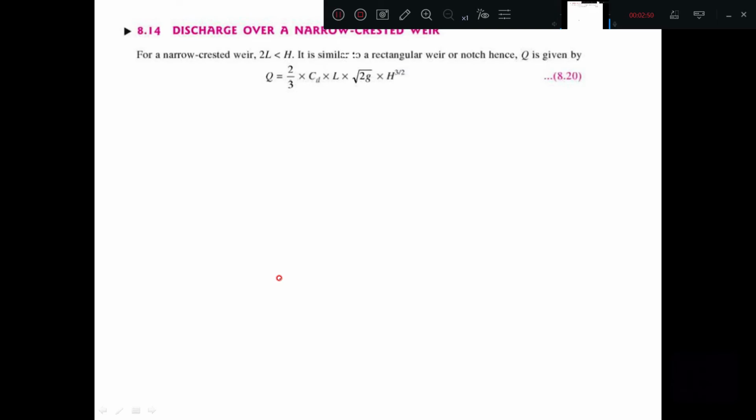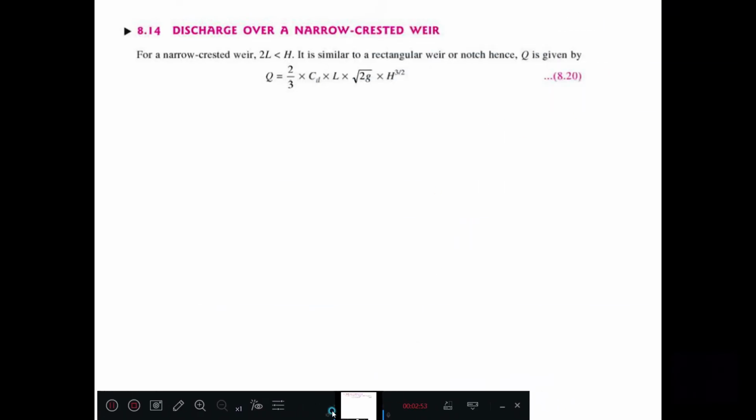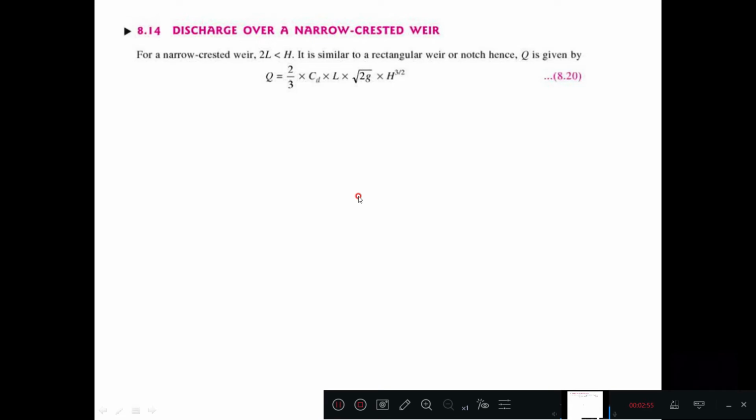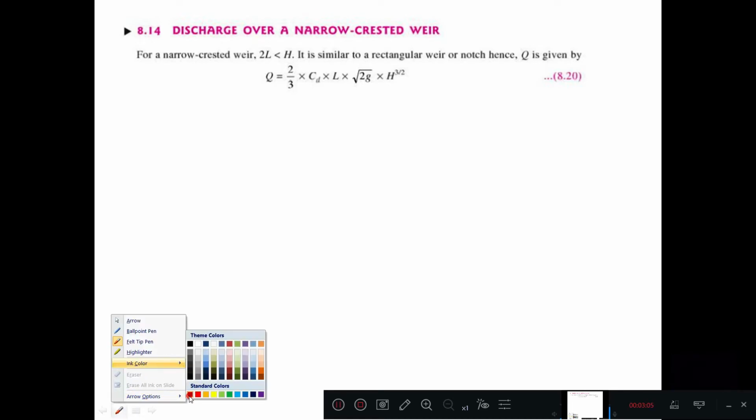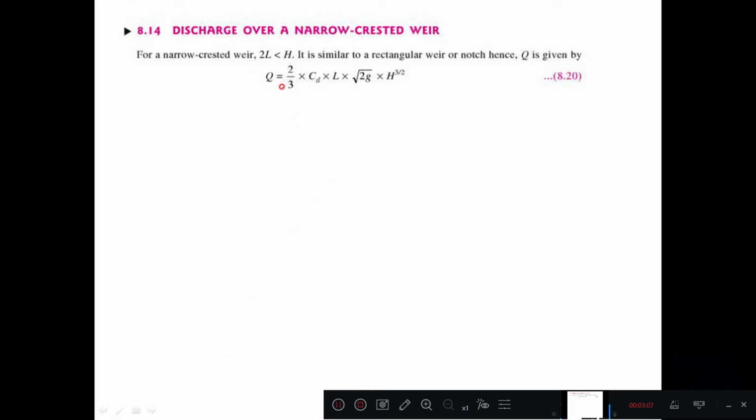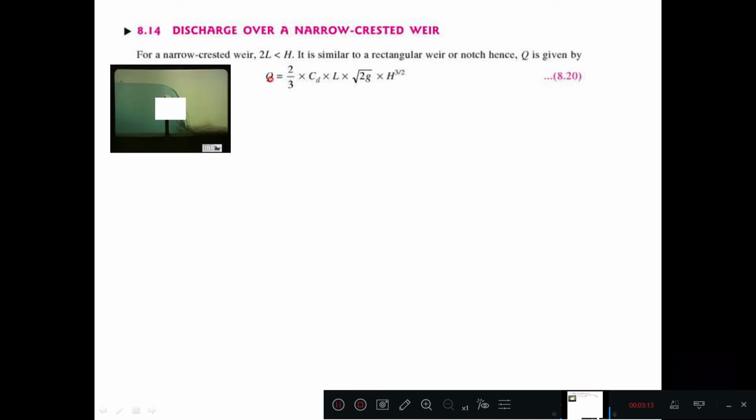Then let us calculate the discharge over a narrow crested weir. As we know from the definition of a narrow crest based on the B by H ratio or L by H ratio, if it is less than 0.625, it is called a narrow crested weir. Look at the picture here. The crest is narrow here. For a narrow crested weir, L, that is the width or length, is less than H, the head over the crest, and it is similar to a rectangular weir or a notch, hence Q is given by